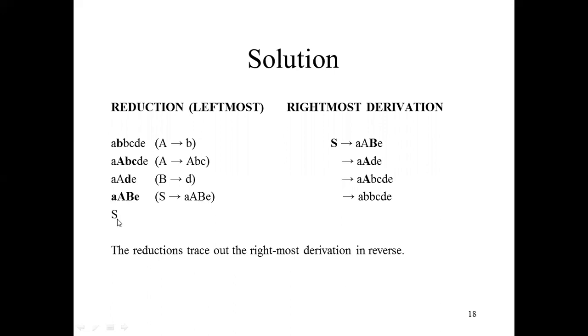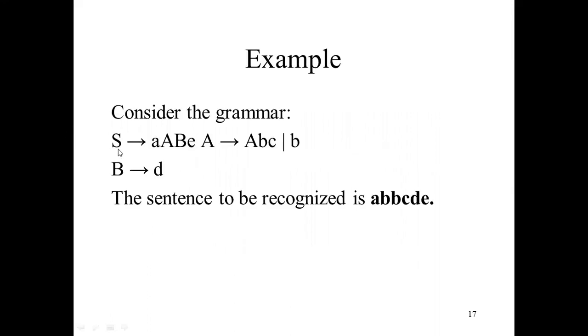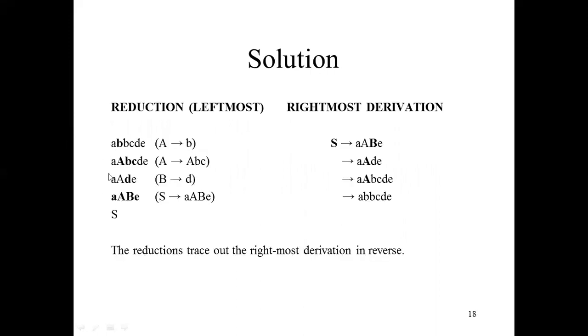This is equivalent to S. You can check this, it is the given grammar already. In the preceding case you can see a, capital B, small e is equivalent to S. So we are just replacing this by S. So you are able to get the capital S.